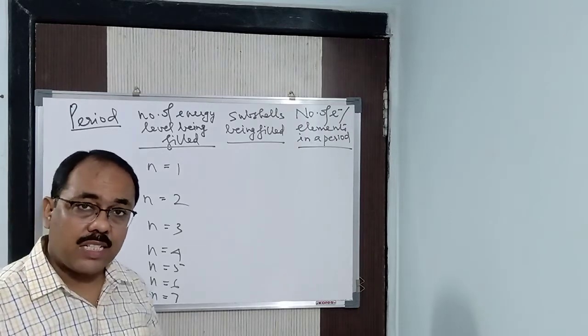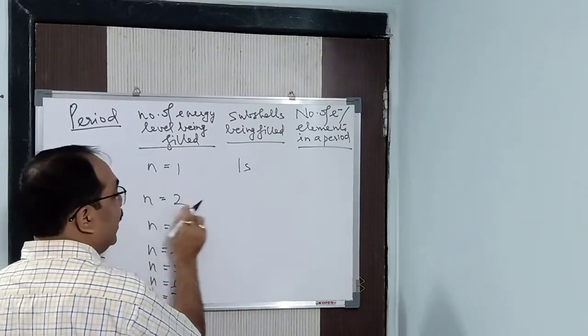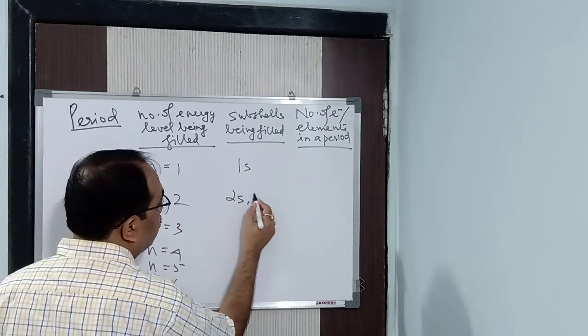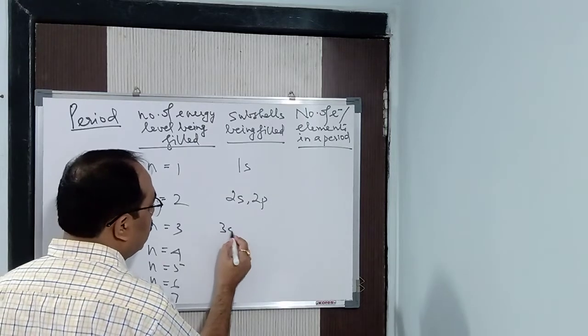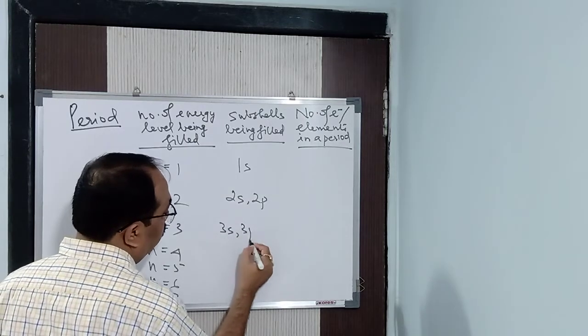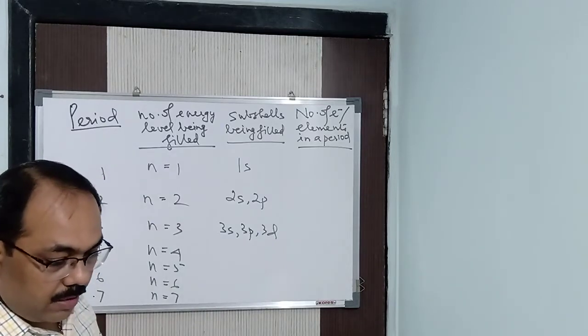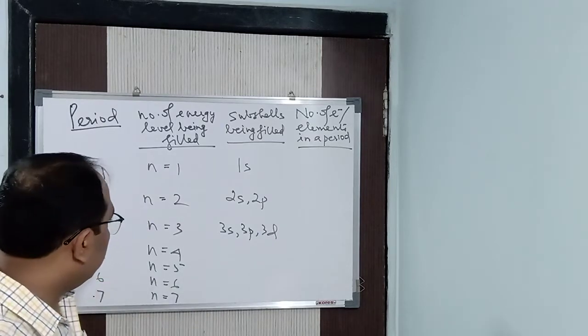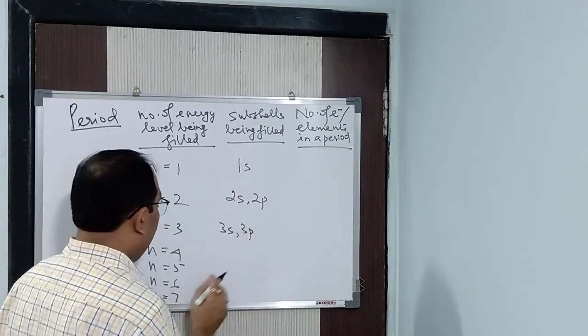Now here you have to understand. The first shell consists of how many subshells? 1s. The second shell consists of how many subshells? 2s and 2p. Yes or no? The third shell consists of 3s, 3p and 3d. We can say that. Clear? And the fourth shell,